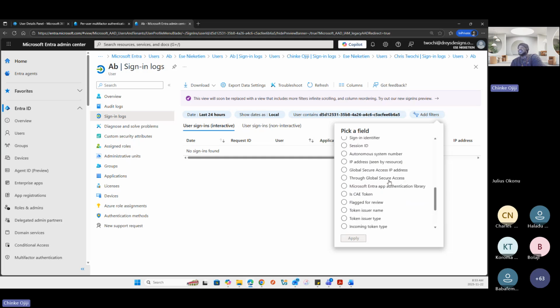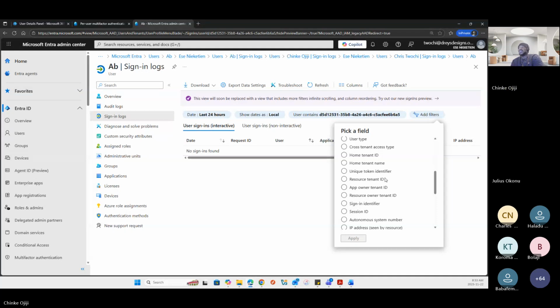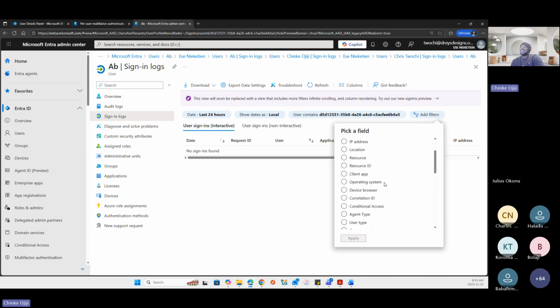You can use them to find out information about this sign-in session and so on. Now, if we're reviewing this, you have status, which I told you will show if the login was successful or unsuccessful from that IP address.